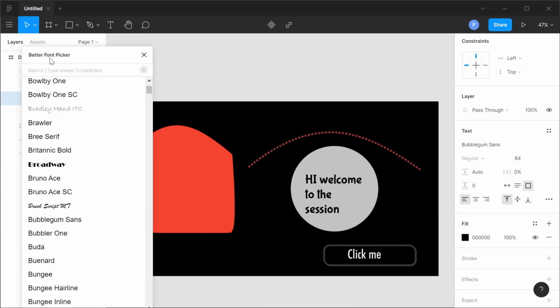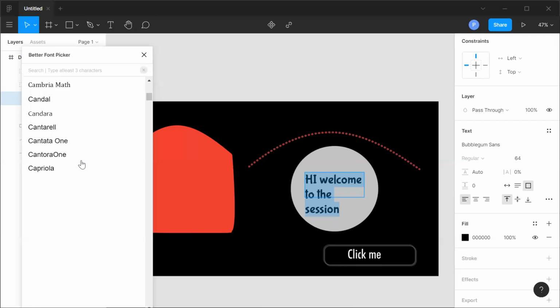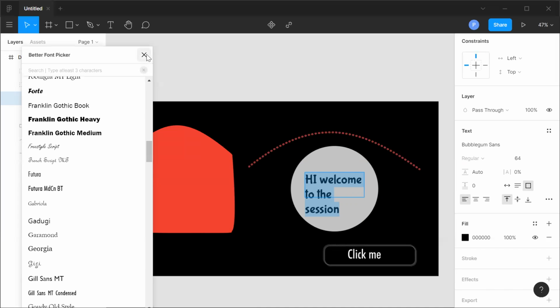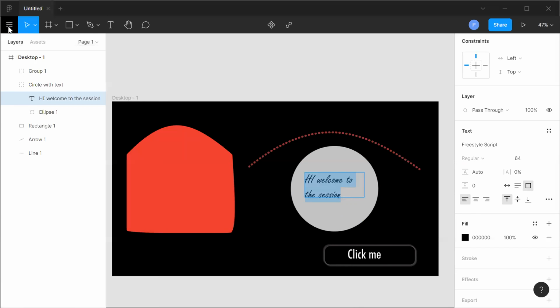So it's a plugin named Better Font Picker. I generally use it because it makes my life a bit easy to select my fonts. I basically use two or three fonts only, but yes, it helps you to select those fonts and saves you a lot of time. The next plugin I'll show you